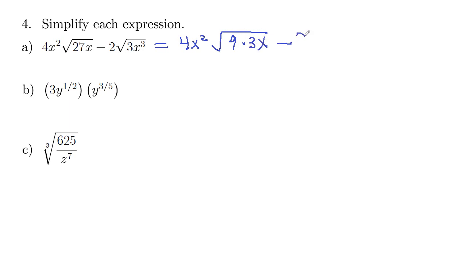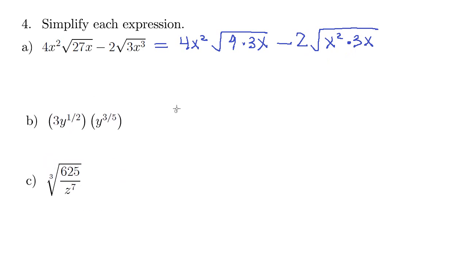And then minus 2, and then x cubed, that has a perfect square in there, x squared. So we've got a square root. Let's break that product up. We've got x squared out in front times, we'll have a 3 left, and then an x left. And then in our next step here, we can break those products apart. So this will be 4x squared. And then we can break up the 9 and the 3x. So root 9, root 3x,